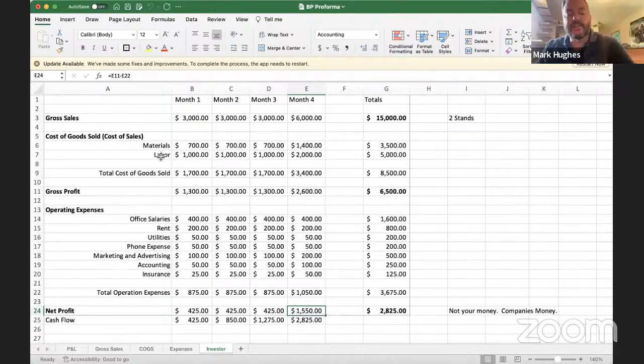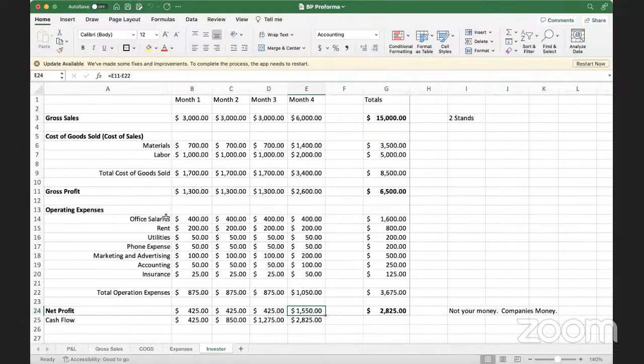If you pay yourself under the labor of cost of goods sold and under operating expenses and salaries,